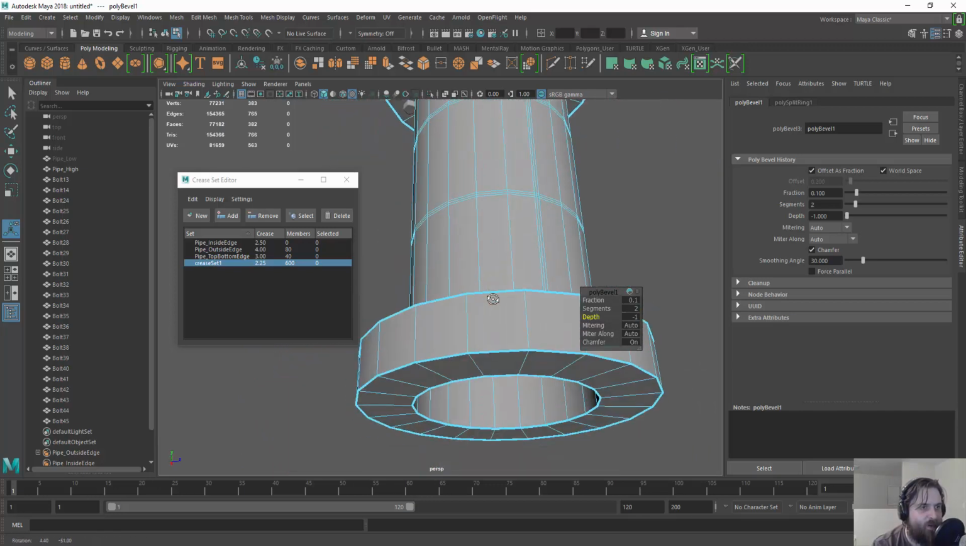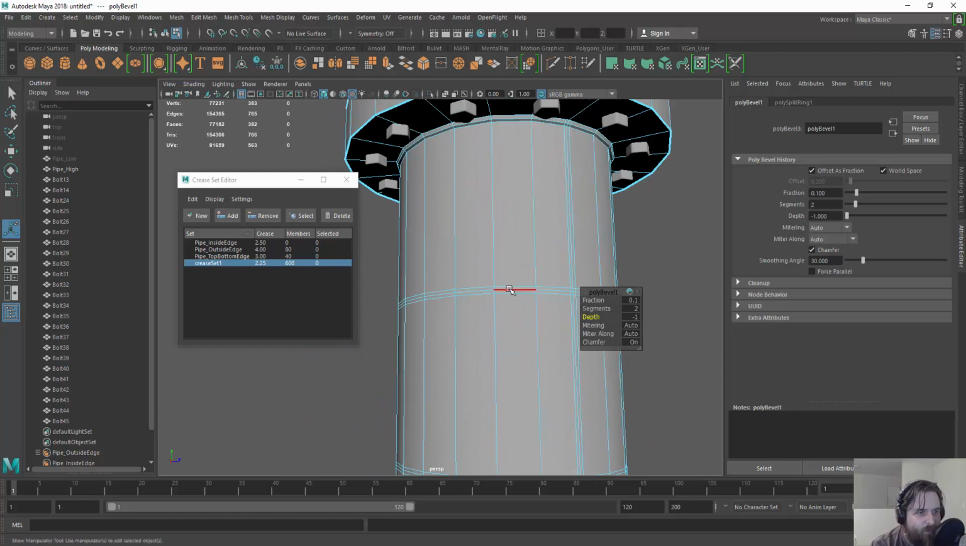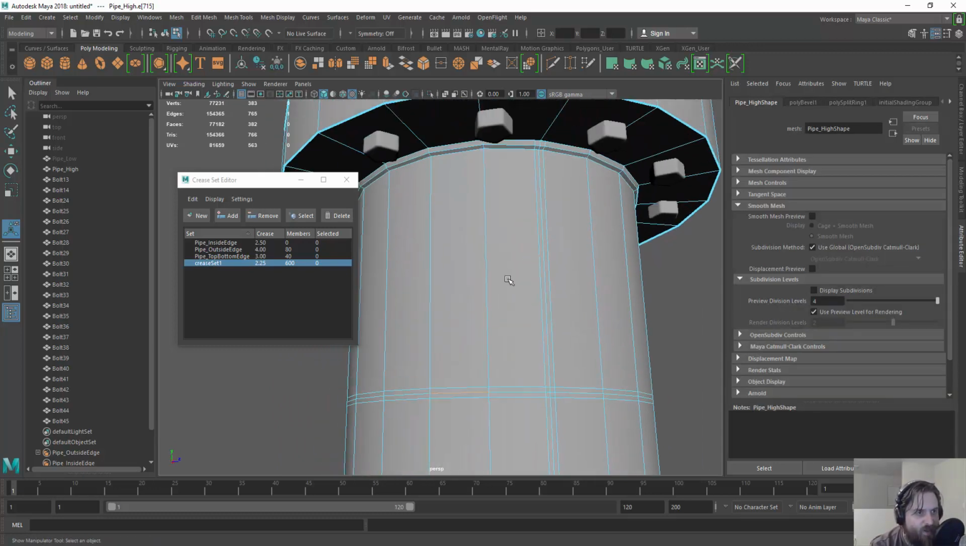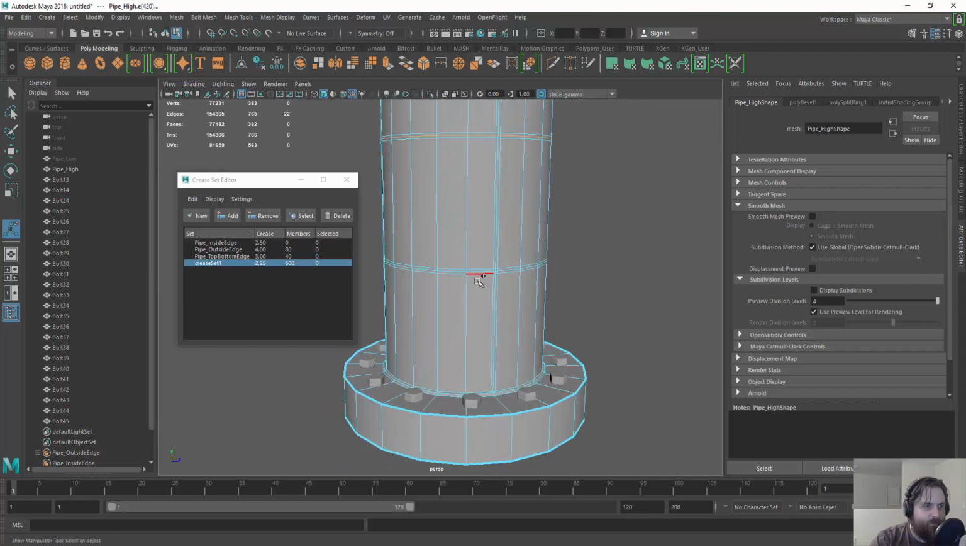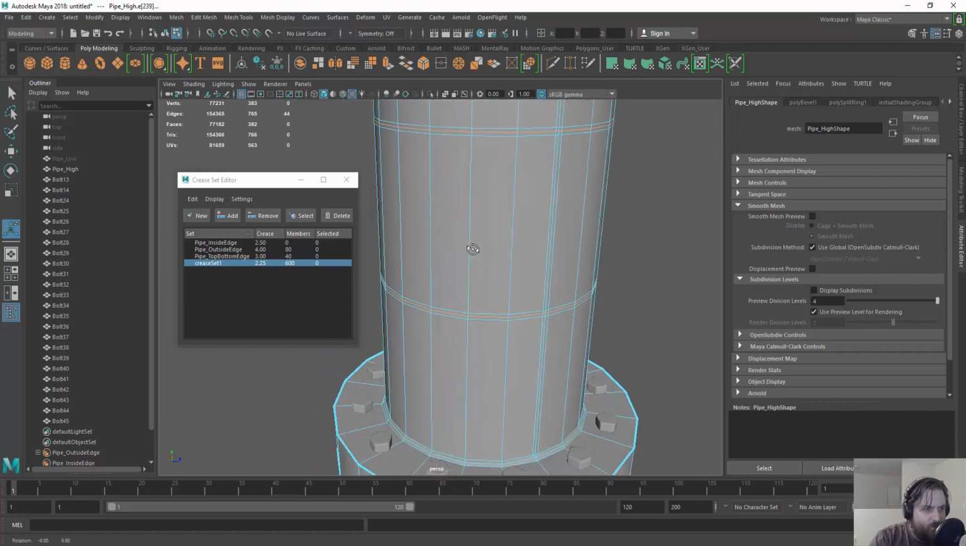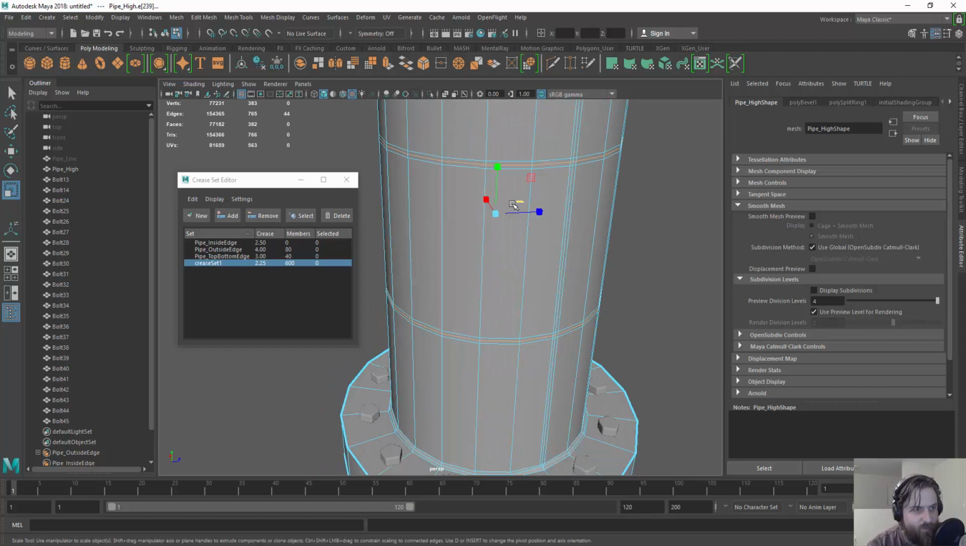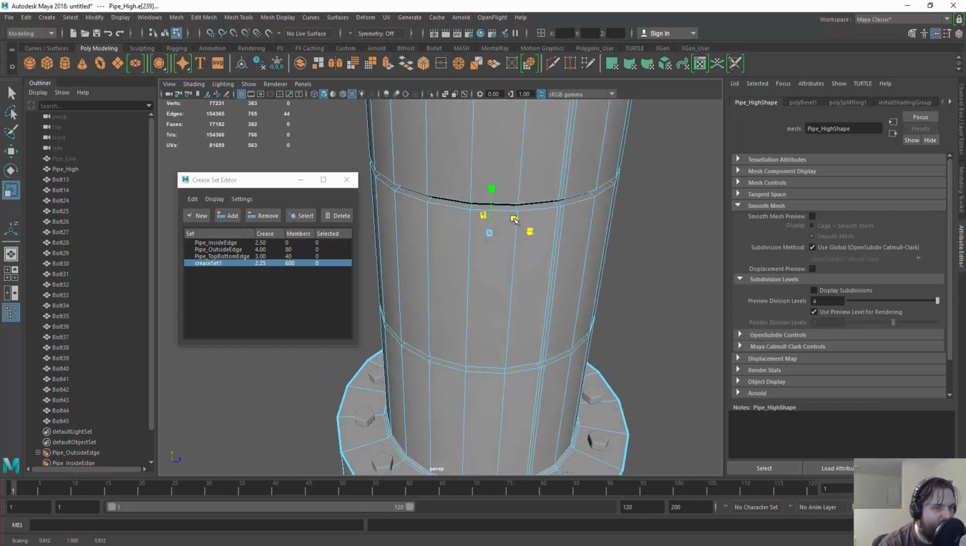Okay. Actually, that looks fine. I actually kind of like that. Okay. So then what I'm going to do is, now that I have these additional edges on the inside, I'm going to double click on this one, shift double click on this one, switch to the scale tool, and I'm going to just scale these in a little bit